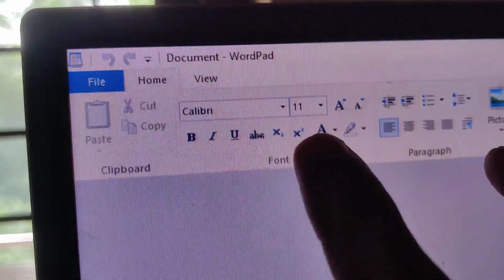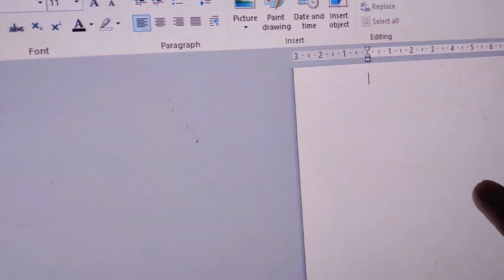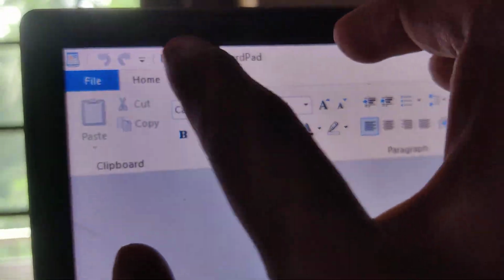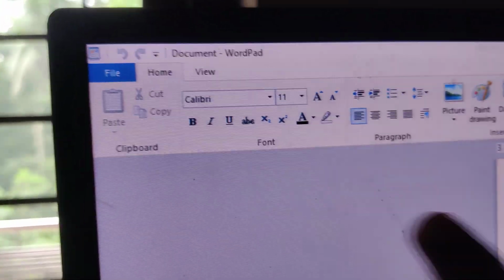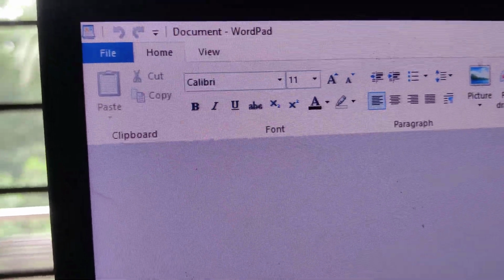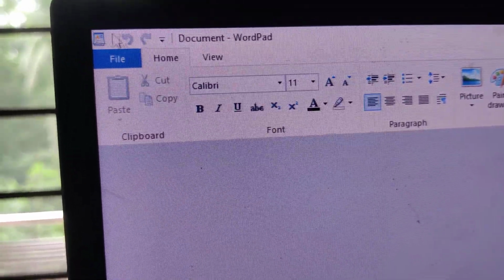So if you want to save the text you are typing here, you cannot save because no save button is there. So how to enable this save? For doing this you must click here. If you click here, then